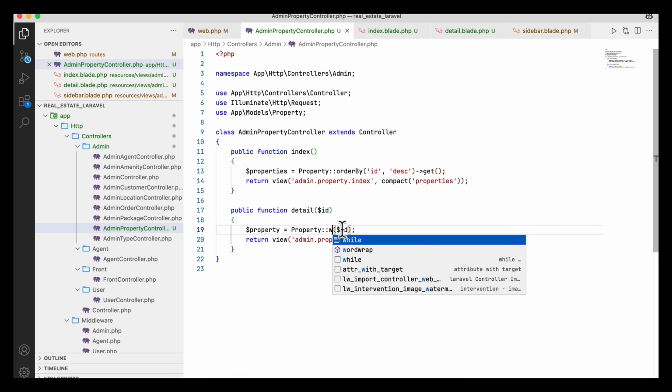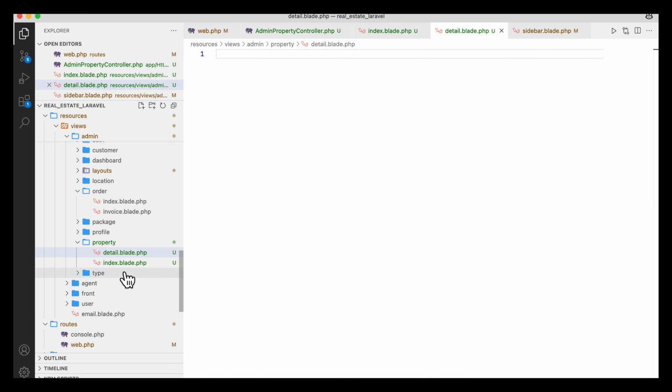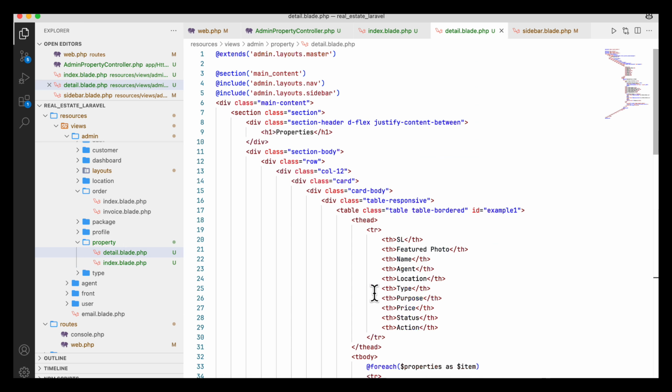So property, here I call where, like this, ID equal to this, and here I call first. So this will be the property, and detail will be here. So property data I will get in my hand, so in the detail I will show it. So I am going to copy this and paste it in detail. So here I